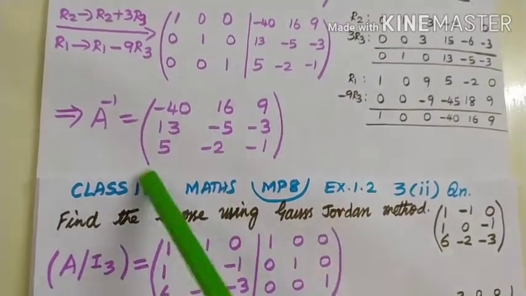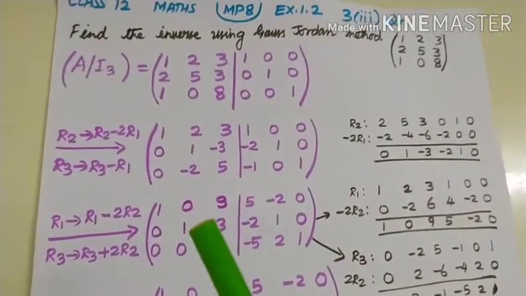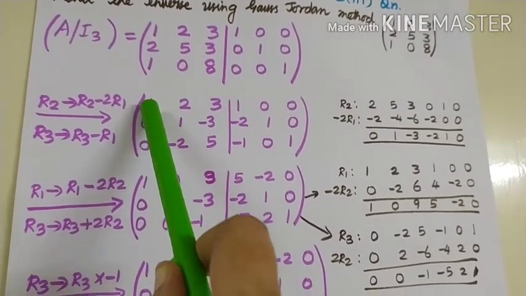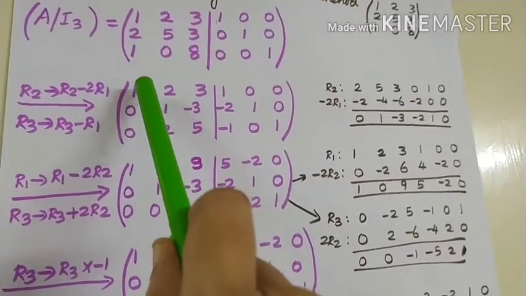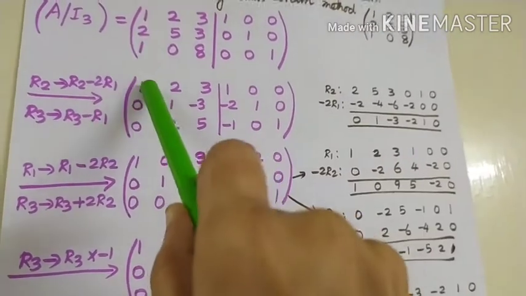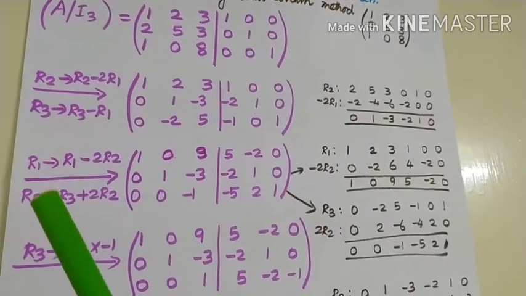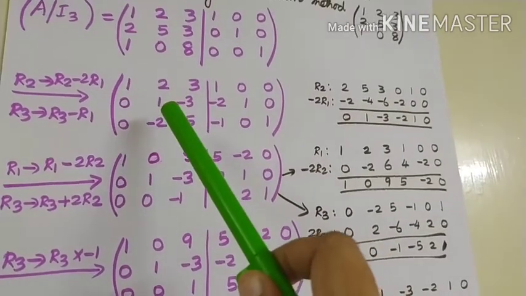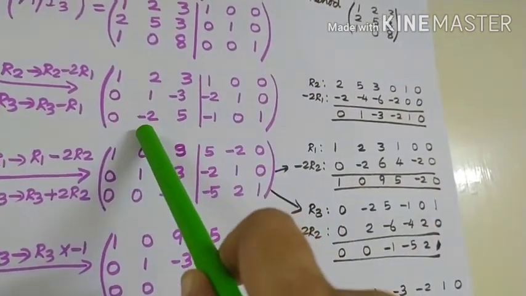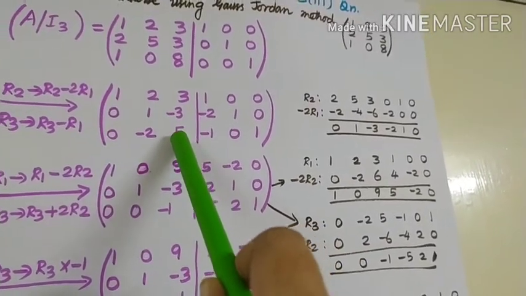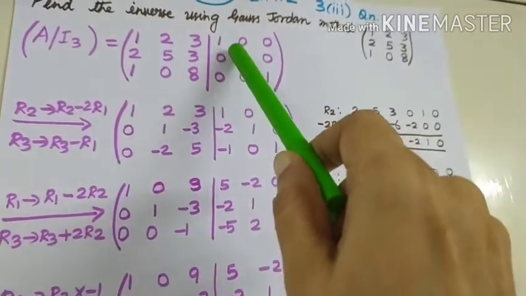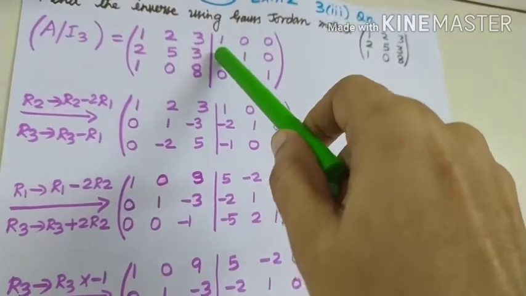So to bring about this answer, what is our step? Now look at the steps. I will bring 1 in the first row. Here no other non-zero number, only 1 should come. So bring 1 in the first row and zeros in second and third rows. So 1, 0, 0, this is my first step. Next step, bring 1 in the second row and then zeros in first row and third row. Then bring 1 here and then achieve zeros. That is, in every row of the unit matrix, first try to bring 1 and using that arrive at zeros.